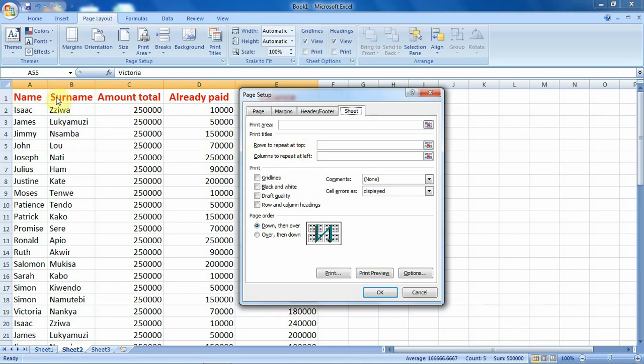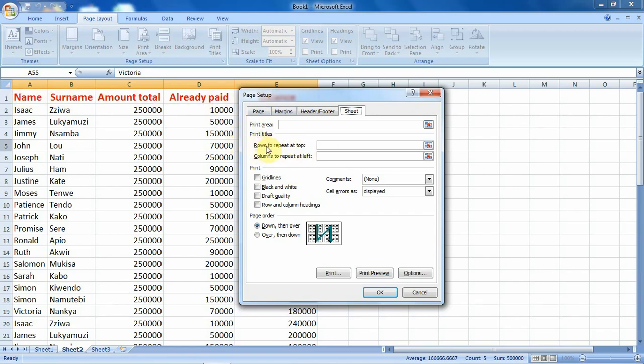That is if you want a row just like ours, so you will work with rows that will be repeated at the top of the printed sheet. If it is columns, then you work with columns. For this example, we are going to work with the row.